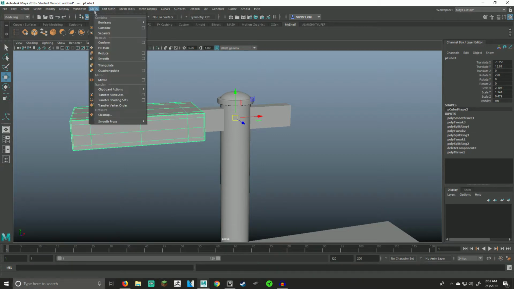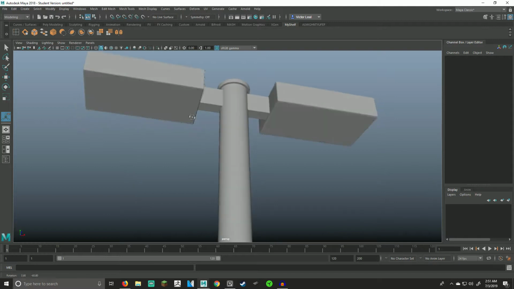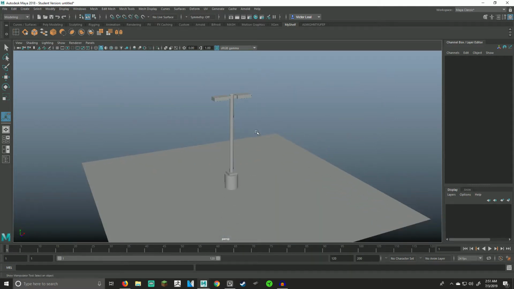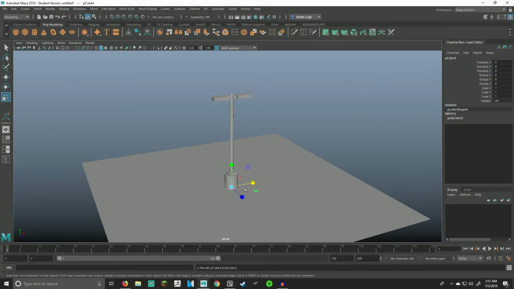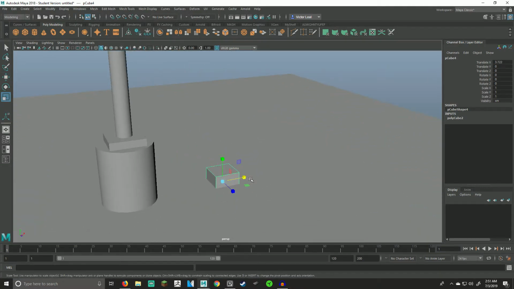I'm just going to click mesh, mirror, boom, now it's there. They're both looking mighty fine. And there's our light pole. Now, just to make it look a little nice, you can also add something that these places have. You can easily just drag this guy,